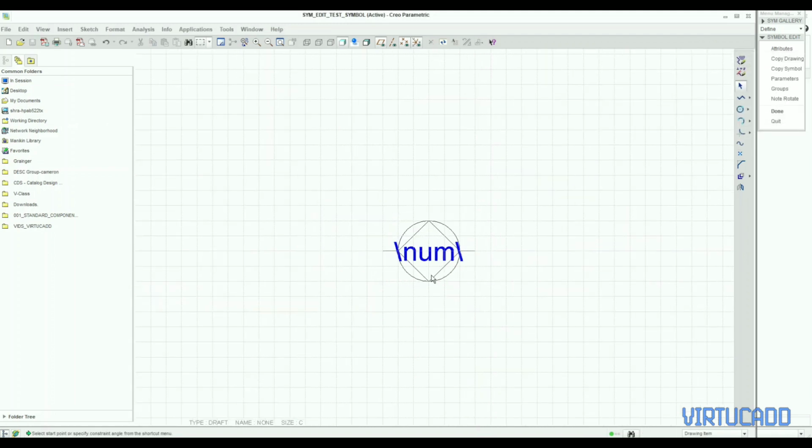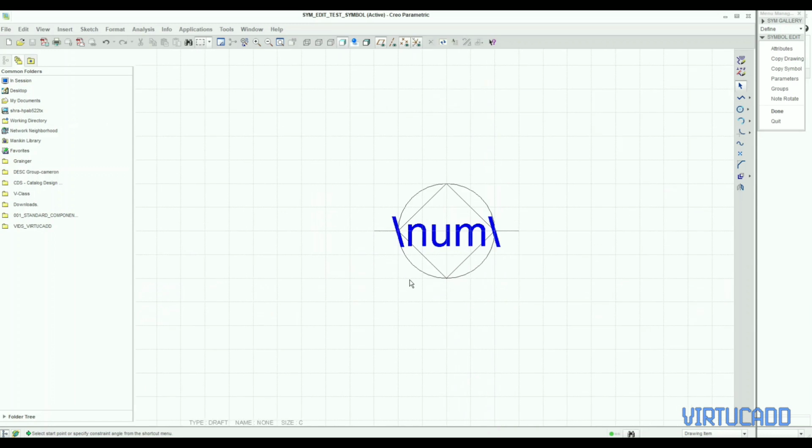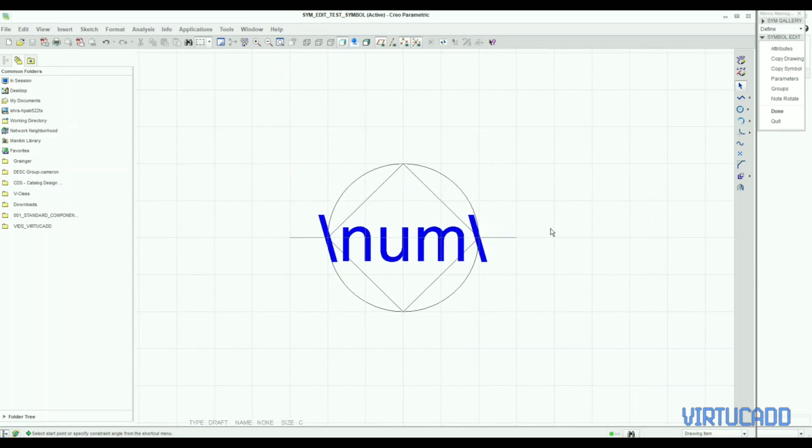Two short lines on the left and right, because arrow leaders can be put on the left side or the right side, so according to that we can adjust. So now we completed our geometry. The next step is to create